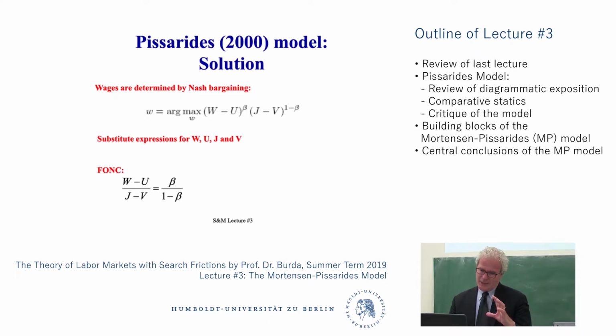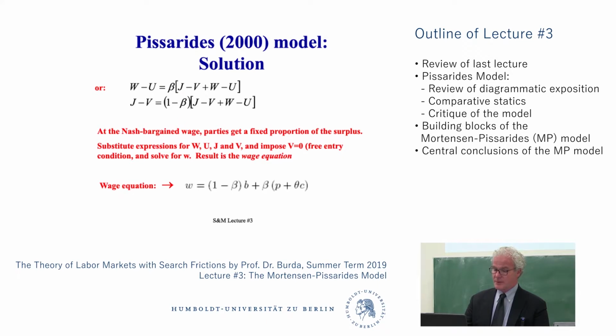The weights in the modified Nash bargain will correspond to the share of surplus that corresponds to both parties, and you can rewrite that. Then you basically have to make a few extra steps before we can get to an actual wage equation. The step involved a free entry condition for vacancies, and then imposing that those expressions that we had for the wage are in steady state.